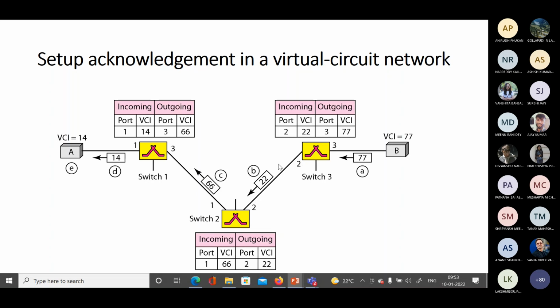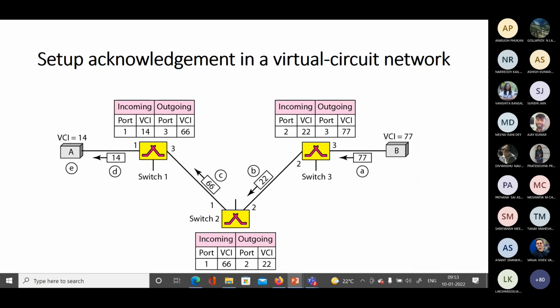We have already seen the first time, in the requesting packet, that it will reach via port 2 with a VCI of 22. Therefore, it informs this switch that if you have any packet which has to be sent over your port 2, then please replace it with a VCI of 22. This is how this information is exchanged, and the intermediate switches populate their forwarding tables.